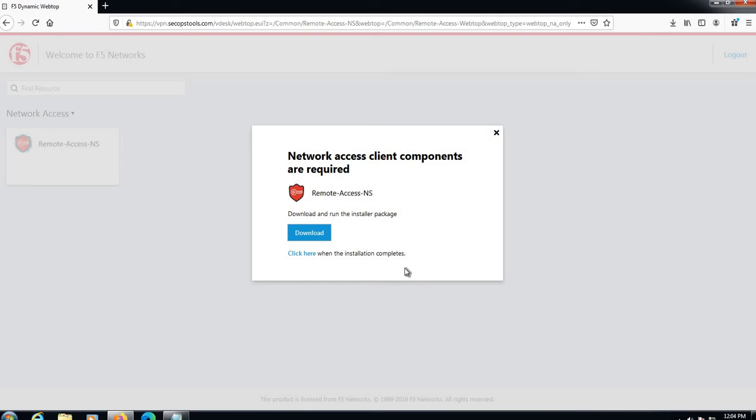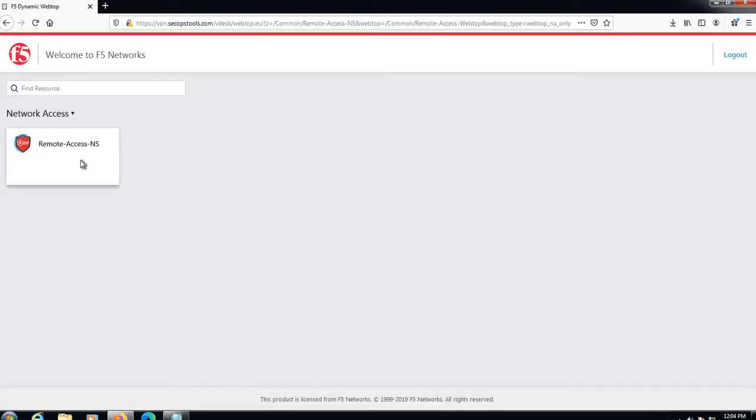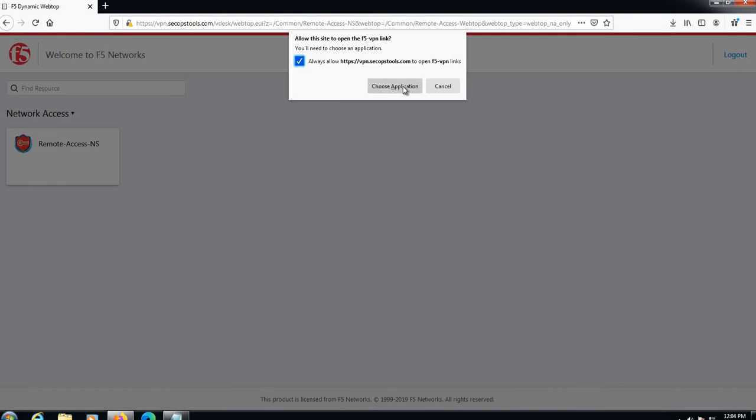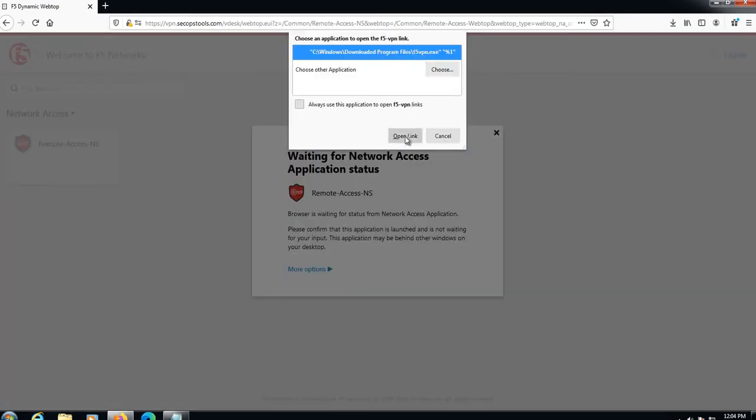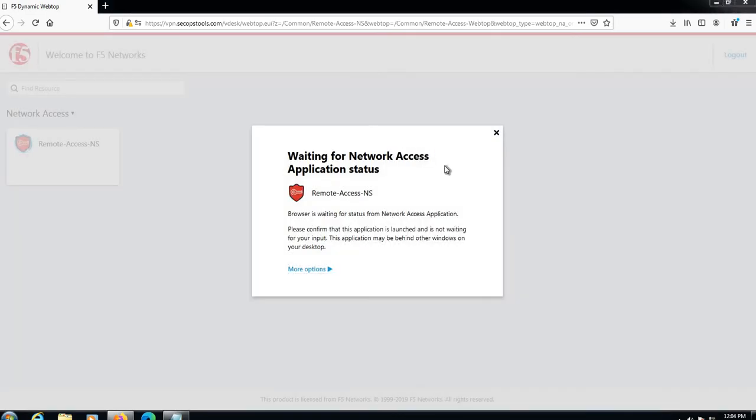Let's see. Let me close this. We will again try to launch the application. Choose applications. Now we have the client here. Always use this application and open the link.